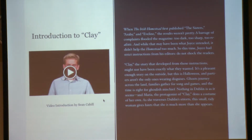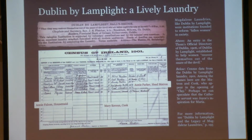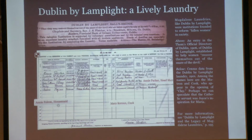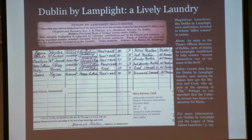Digital humanities can be a passport into the future in a way that alleviates the concerns of many students and very many parents. I like particularly Sean's work on Clay here for a number of reasons. Here, taken from Thom's directory, is an actual advertisement, of course, for the actual Dublin by Lamplight laundry in which Maria in Clay is working. And here is the actual census, and he has nicely noted it here, with the